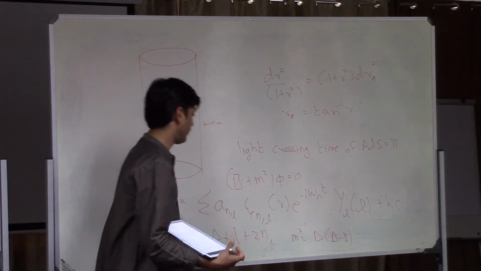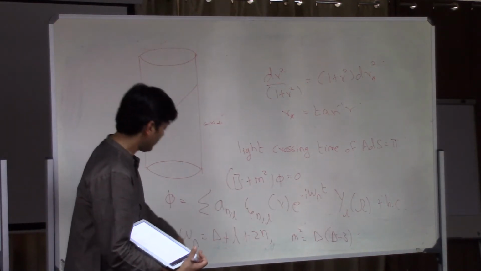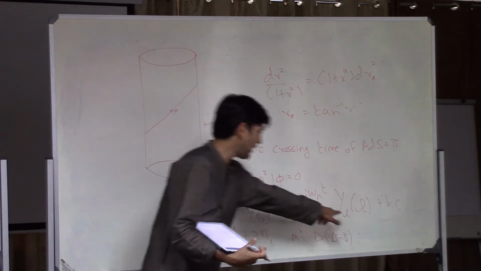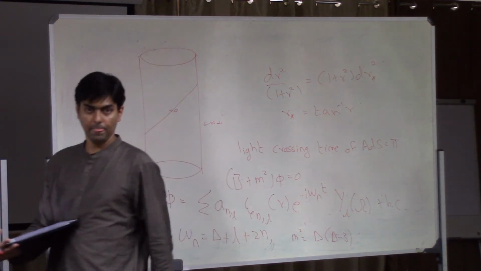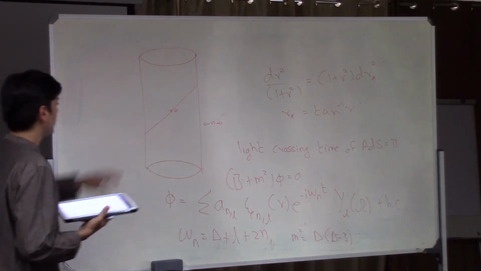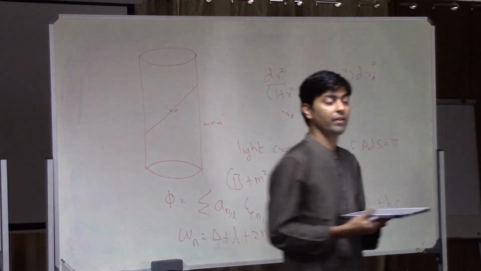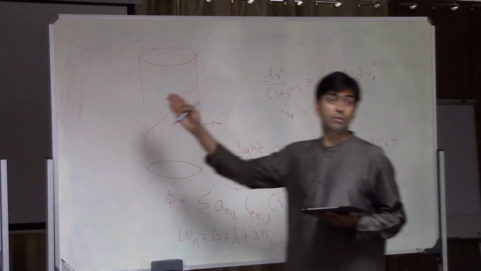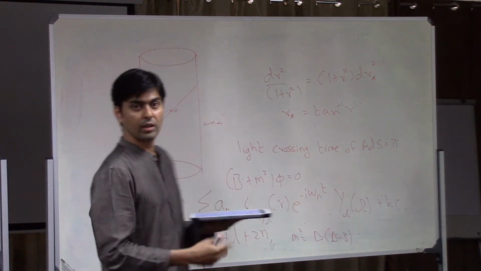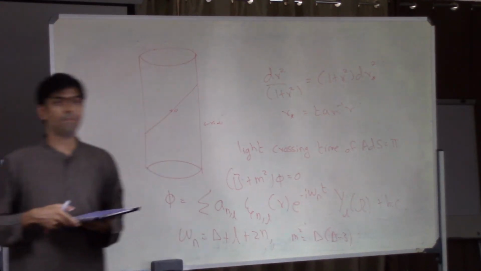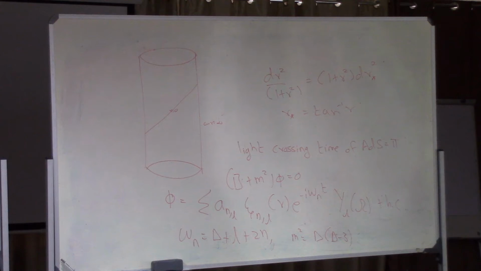So if I give you the mass of the field, you get some number delta, and that delta and the allowed frequencies of the scalar field are given by this delta plus L is 2n. L is this L, and 2n is just a number. So the modes of the field get quantized in discrete units, and that's because effectively this field, even though it's living in AdS, is like a field that's living inside a box. And because you put some normalizable boundary conditions on the boundary of the box, you're not allowing energy to leak out. Therefore, you get standing wave solutions with discrete frequencies. These discrete frequencies are these ones. Okay. Fine.